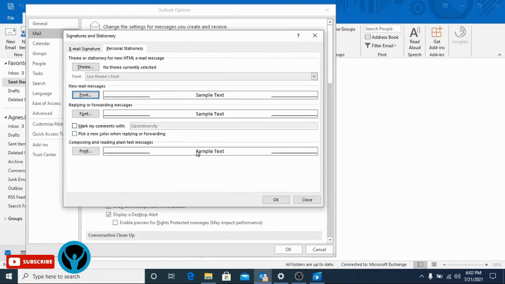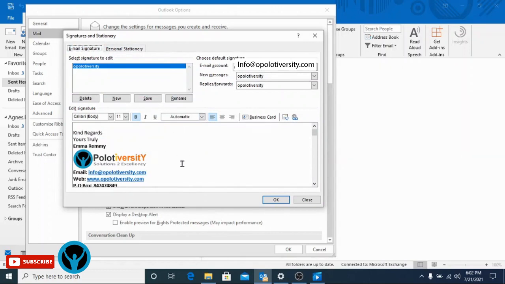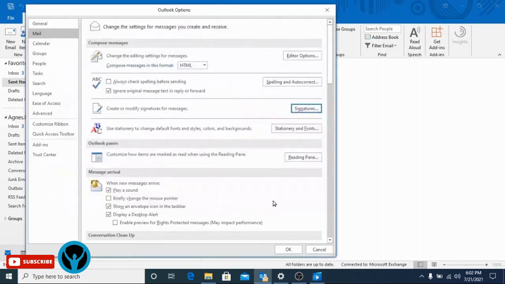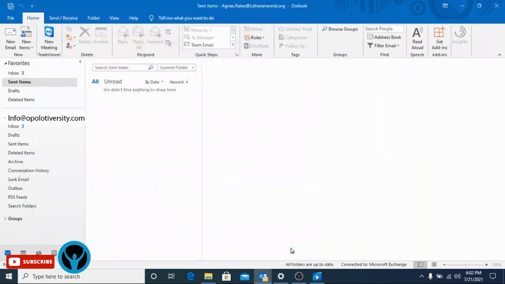So for this case, I'm focusing on the email signature. So I'll go back to email signature, and once I'm done with all this creation, I'll just click on OK. Click on OK here. Then I'll click on OK to the second window open. Okay, so once I'm done, that means